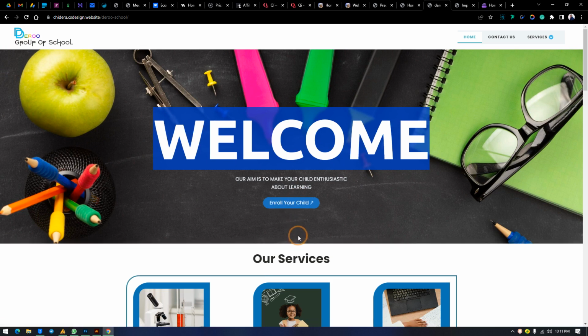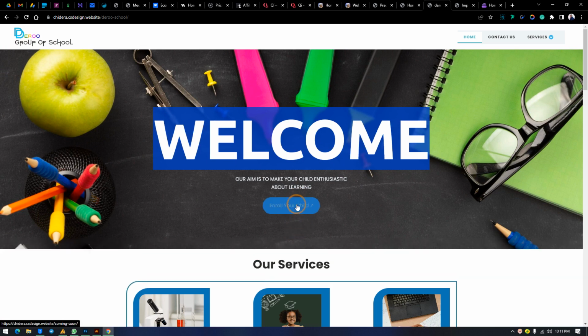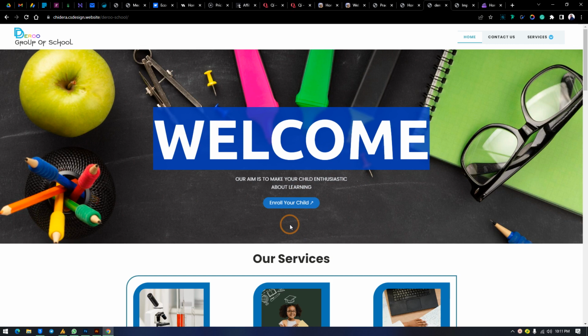You're having a problem with the button too. See, when I hover, see what happens. That's not what's supposed to happen. The button is supposed to be the same size whether you hover or not. That's number one. Number two, the button is too small for what it should be in the hero section. I talked about that from